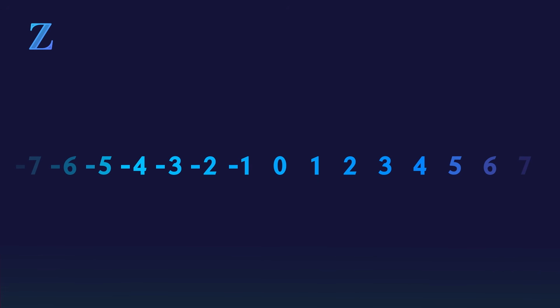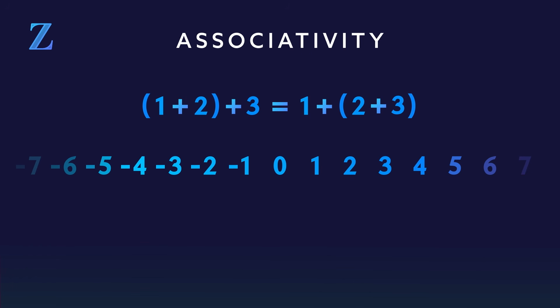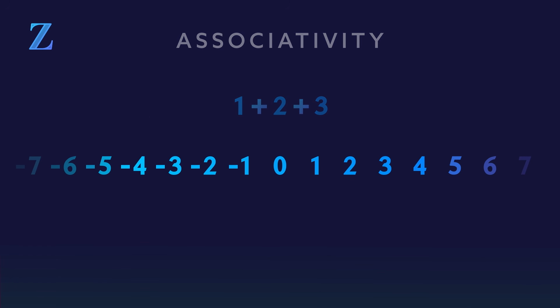The integers, denoted with a Z, with addition as the operation, form a group. Indeed, closure is satisfied as you can always add any 2 integers and get another integer. And we all know that addition is associative, which again means that order doesn't matter, and that is reflected in the fact that we usually don't write down parentheses.